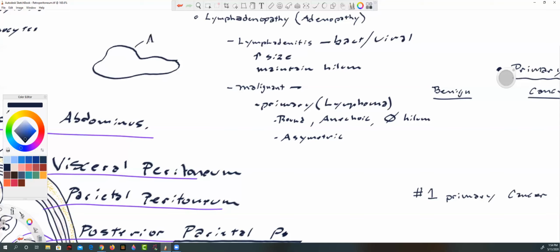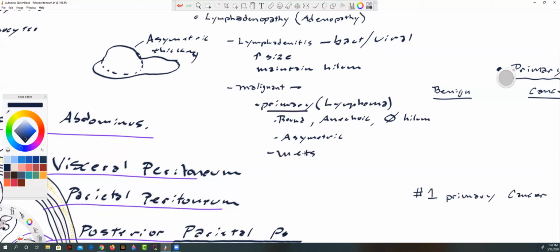That would be asymmetric thickening. So we don't like to see asymmetric thickening, because think of it as a little mini mass on top of that lymph node. So those were the primary, and then